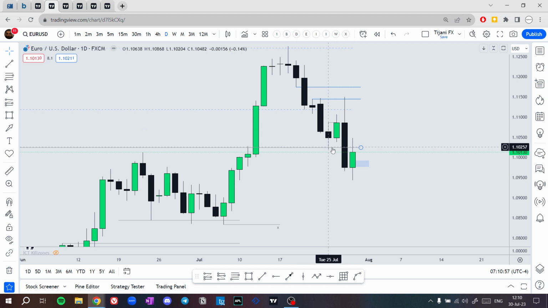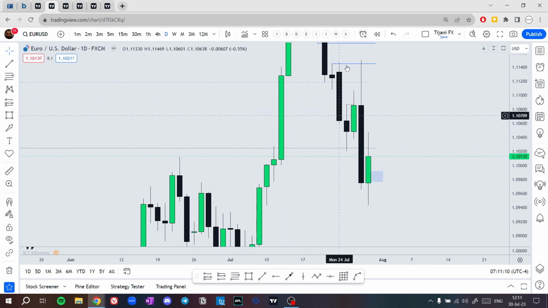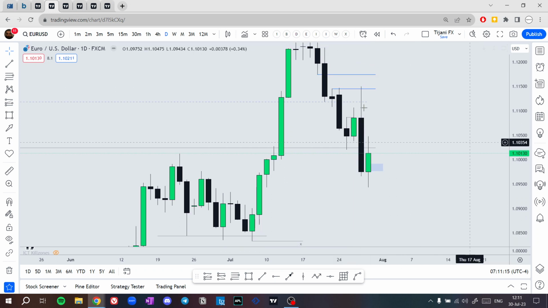So if we are getting a reaction from a weekly level, we expect the daily level to fail, to hold price lower, or to drive price higher. That's what we're expecting. So if price is a reaction from a weekly level, we expect the daily level to fail, to drive price higher or lower. Here we've been expecting the daily level to fail, to drive price lower,